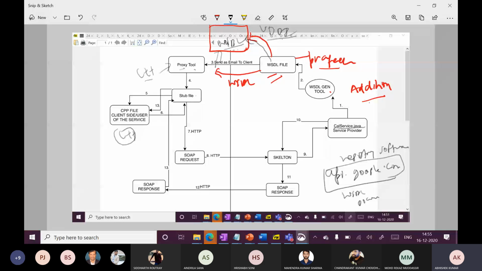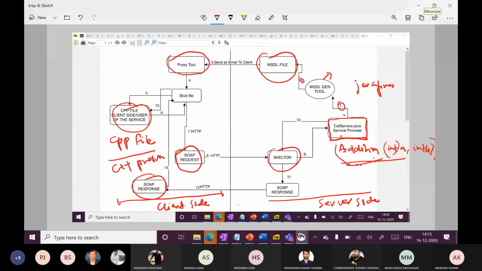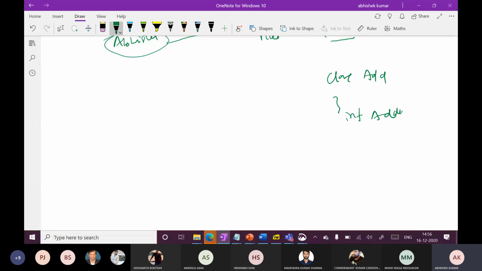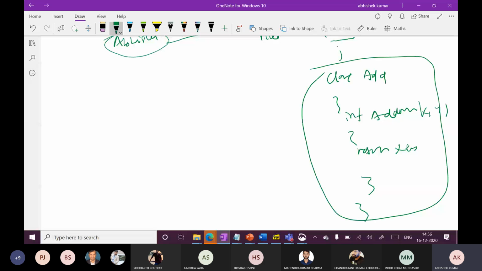Let's say class Add, it is addition, it returns x plus y. Here we have x and y. This is written in Java. If I have the proxy tool, which is written in C++, using the WSDL file of this program, it will create